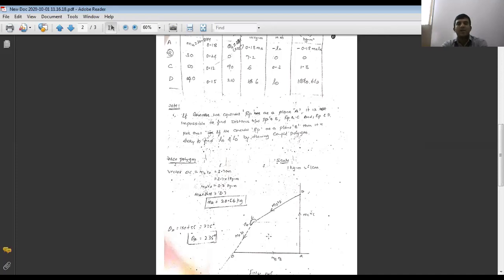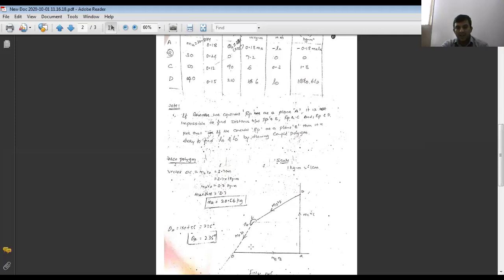Now it becomes an open force polygon. Now I want to make it closed. Then join that point C to the starting point of the vector, the starting point of the force polygon, which is O. Draw a line, join the line CO, point C and point O. It is a dashed line. That gives the resultant force polygon as 0.